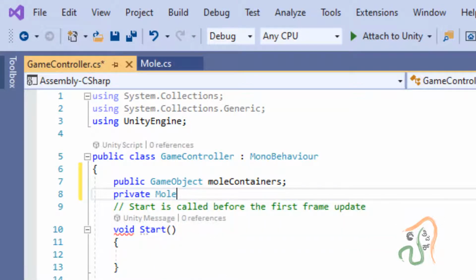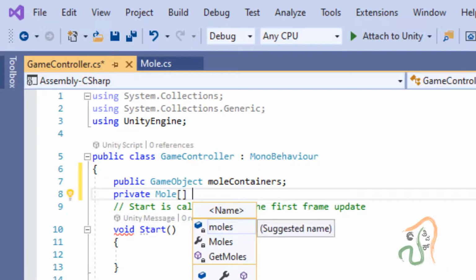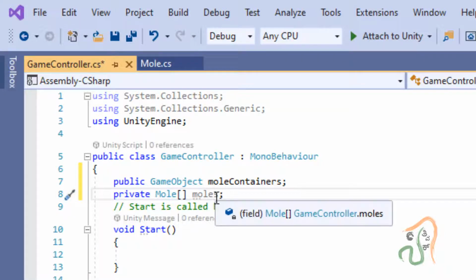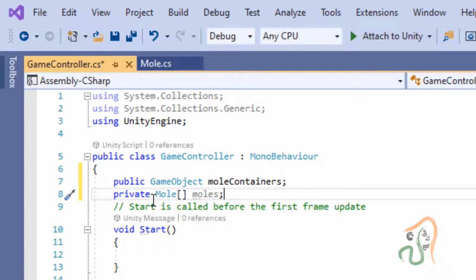You can see here, you get the Mole, and this is an array, so we start and end it with square brackets. This says that this is now an array, and press space and give it the name moles and end it with a semicolon. So we have a prefab called Mole, and we declared a new variable moles, making it plural by declaring the old prefab Mole as an array. Now go to file and choose save all.